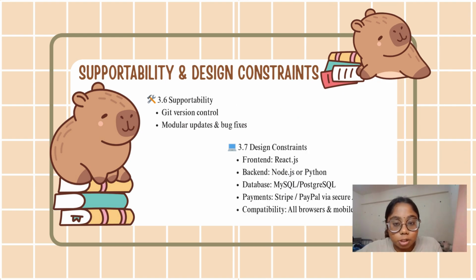Next is the supportability and design constraint. First, we go to the supportability. It gives version control, modular updates and bug fixes. Design constraint is a front-end React.js, backend Node.js or Python. Database, we use MySQL or, as an extra, also PostgreSQL. Payments is Stripe, PayPal via secure API, and compatibility is all browser and